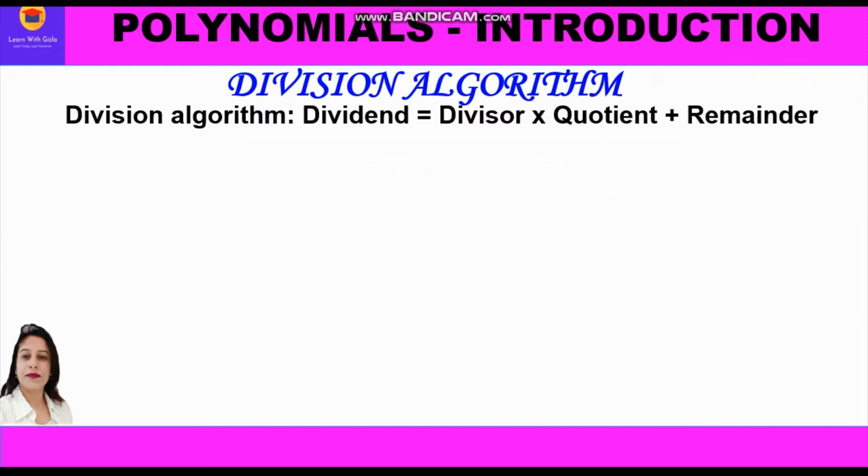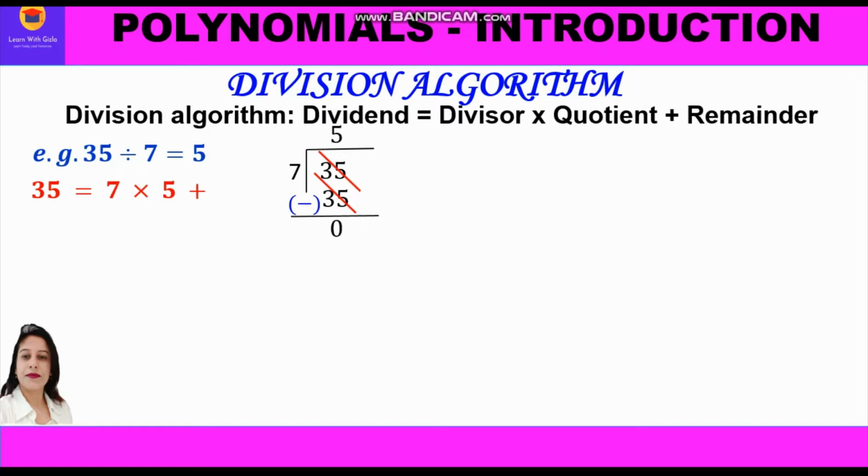quotient and remainder. Now for example, suppose in the whole number we have 35 divided by 7 is equal to 5. Now if we have to check it, we will write these values in the equation, that is dividend is equal to divisor into quotient plus remainder. So we shall write 35 is equal to 7 into 5 plus 0, and we know that 35